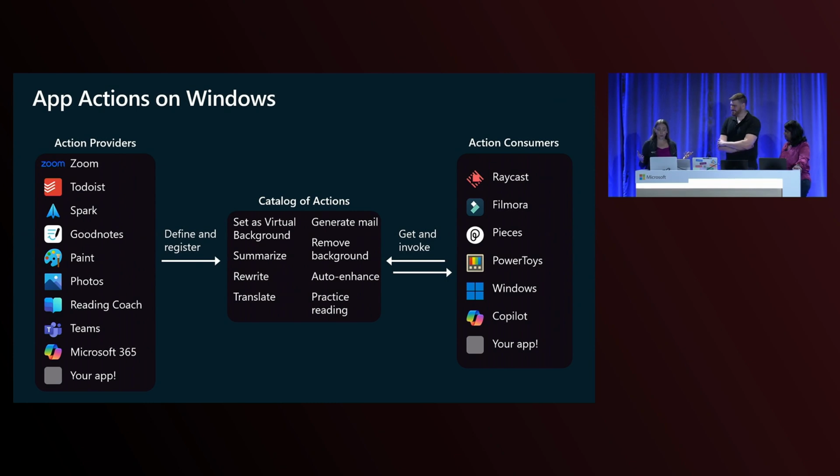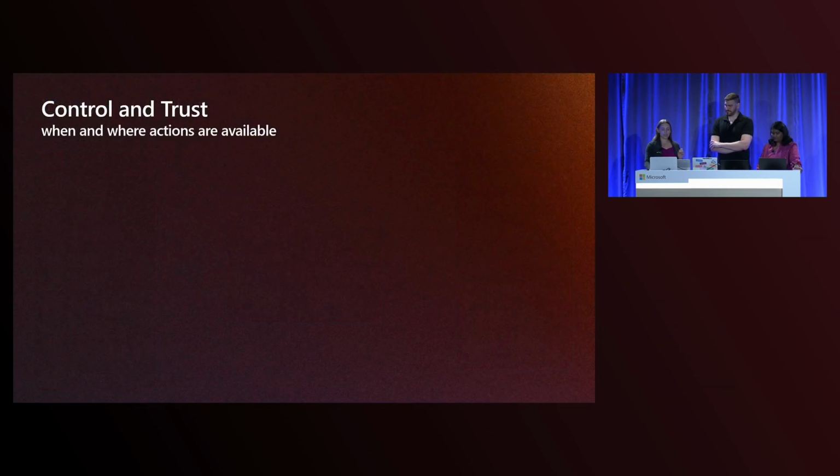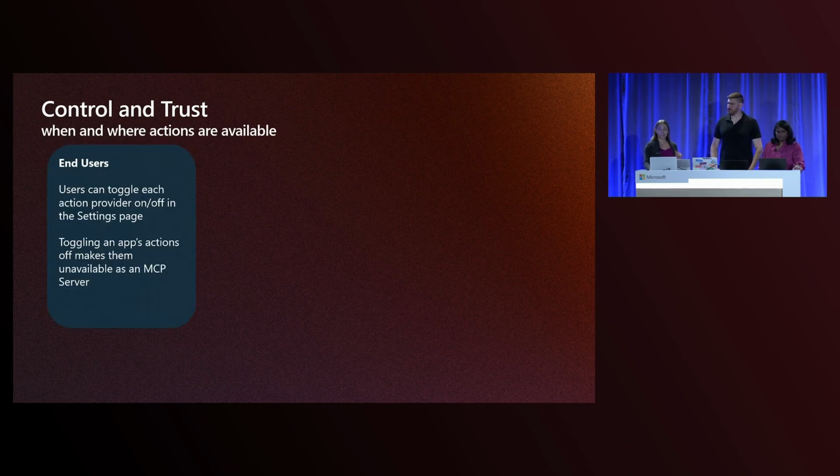That is really cool because the ecosystem is growing, and that means there are rich possibilities for building and consuming actions. But it's also kind of intimidating if you're thinking about, well, how many actions are going to show up and where are they going to be? I can hear you asking, who controls which actions show up where? So I want to talk a little more deeply about the mechanisms we have for control and trust.